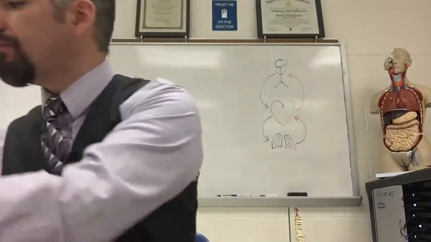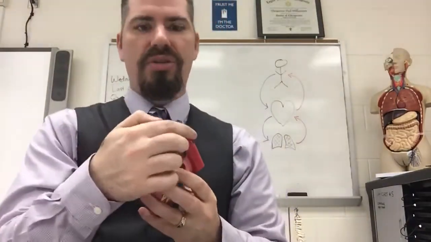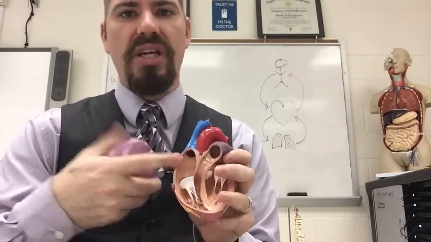The aorta, this big one here, arches around, sending off branches that go to the head, the neck, the arms, then continues down, branches, and goes to all the various arteries all throughout the body. Now, once that oxygen is dropped off through the capillary beds, we have deoxygenated blood that returns through the veins, starting off with the really small venules into veins, and those continue to flow more and more until we get to the great, huge superior vena cava and inferior vena cava, which go back into the right atrium,